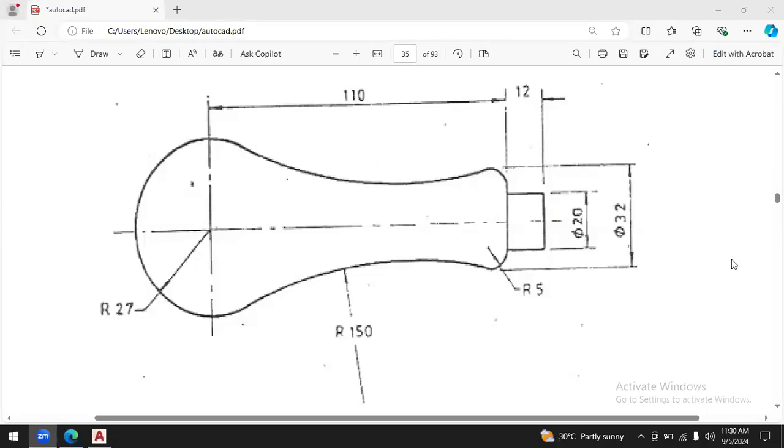Welcome to AutoCAD 2D modeling. In this 2D model, you can see you have a kind of a bulb model. The shape is very much similar, looks like a bulb. Okay, but